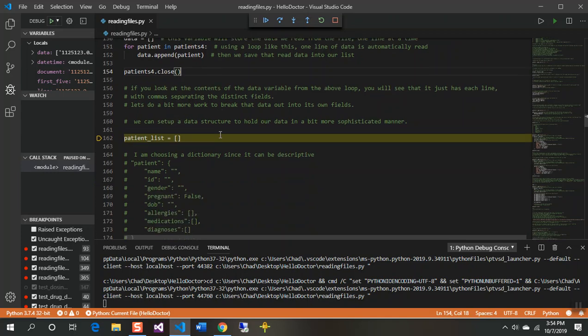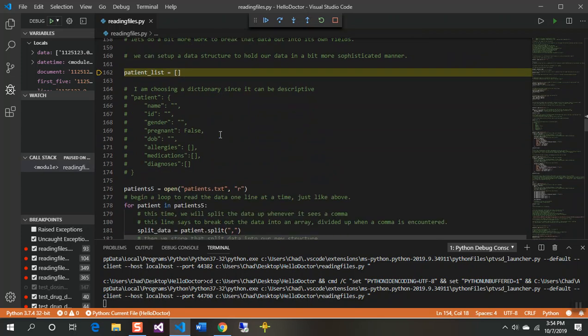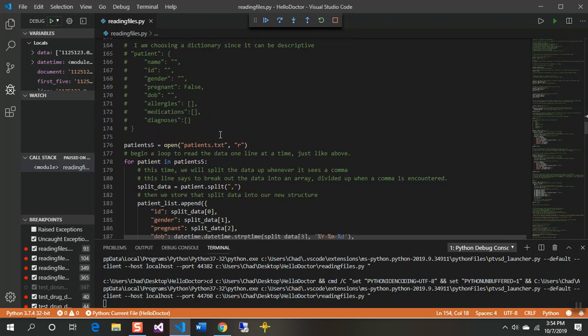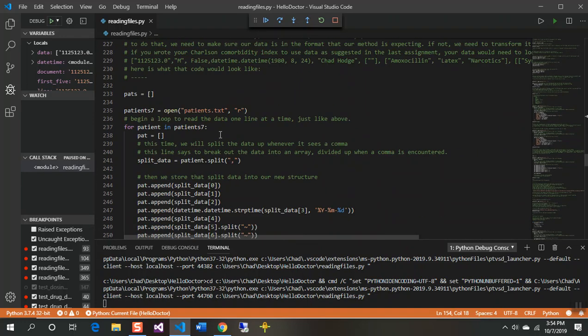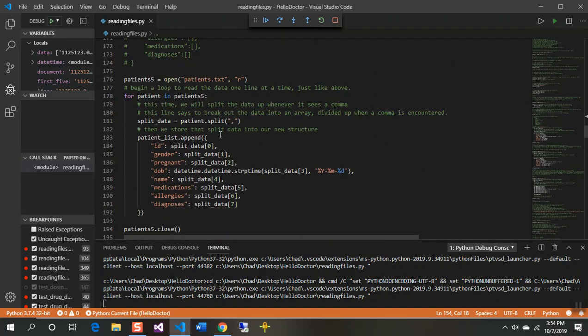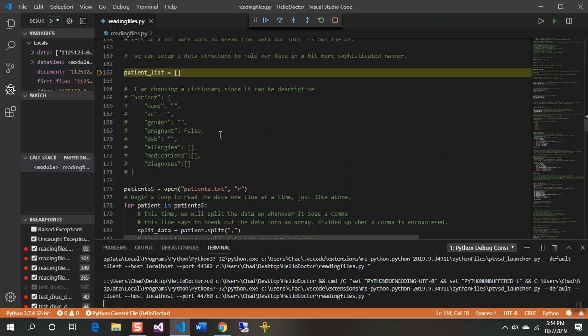Okay, so to do that, we're going to need some sort of structure that we can store that data in once we break it up. Now, there's a lot of ways you can do this, and I'll show you a couple. So I'm going to show you a couple different ways you can do this. The first one